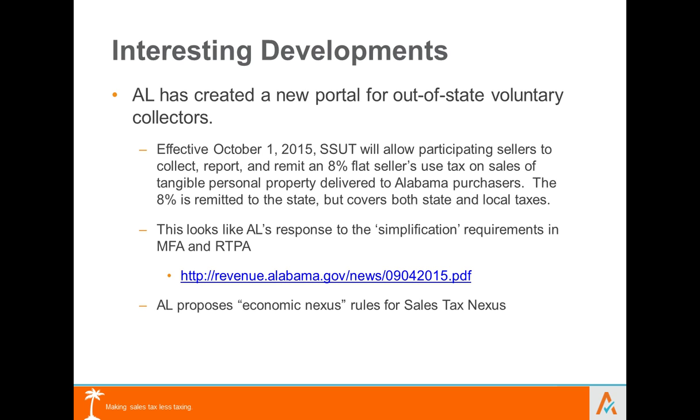Economic nexus, guys, this is the takeaway, would really change the way we think about where and why we are required to collect. It has to do really with volume of sales, basically. We can also talk about a lot of other types of activities, but that's the one that we're usually talking about when we talk about economic nexus. It may be far off in the future. It's not a January 1st change, right? We're going to need a huge shift and a very aggressive shift in at least one state's approach to widening that net.